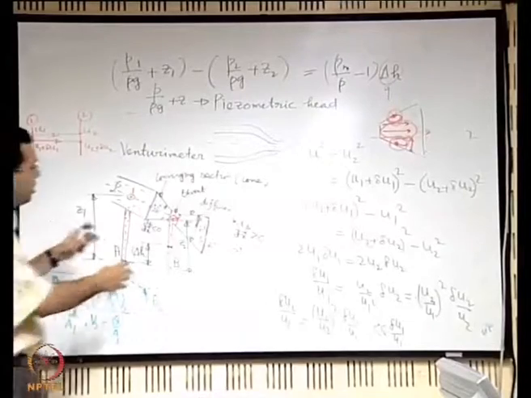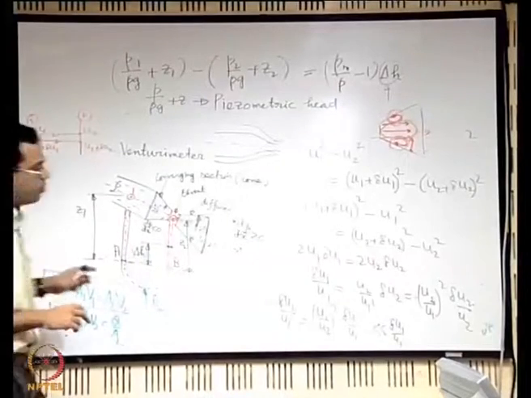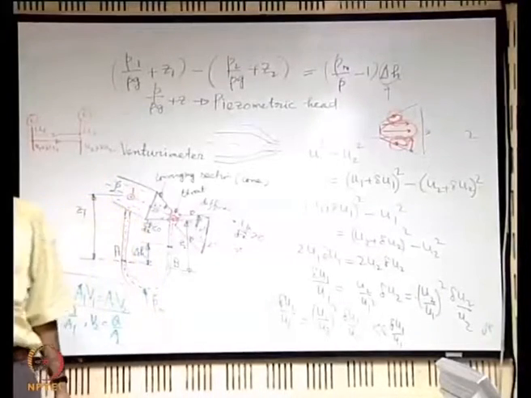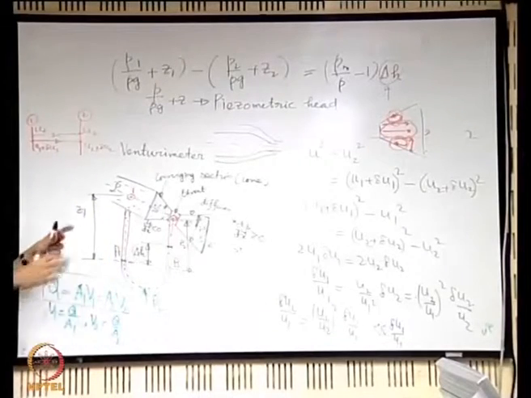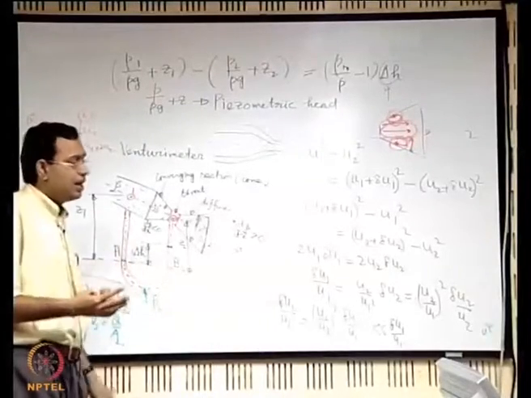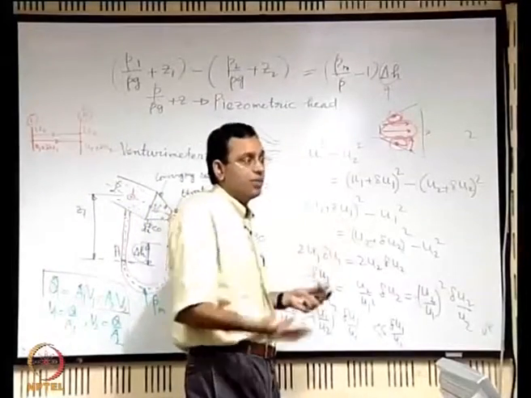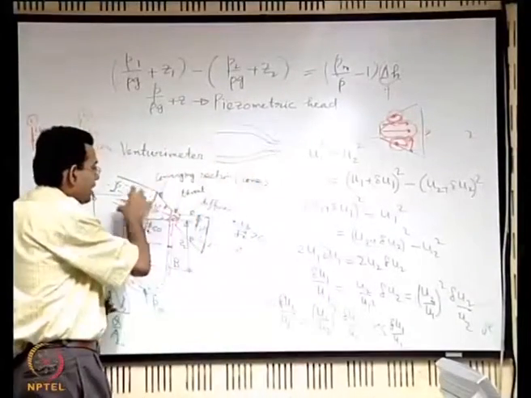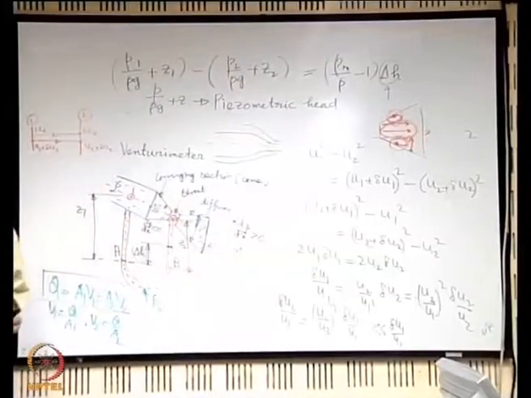Keeping these things in mind, if one designs this device quite well by minimizing the losses, then the coefficient of discharge, which is the ratio between the actual flow rate and the ideal flow rate, is actually very close to 1, 0.98, 0.97, like that. So if the device is very cleverly designed, some of the non-idealities are taken care of in some way, not that it becomes ideal, but our ignorance about non-ideality does not get manifested so much. The reason is that you are using a continuously converging section in this way, and the diffusing section is also properly well designed.